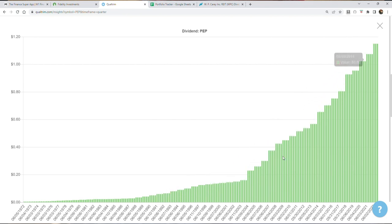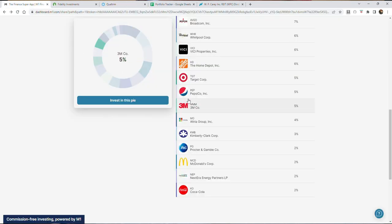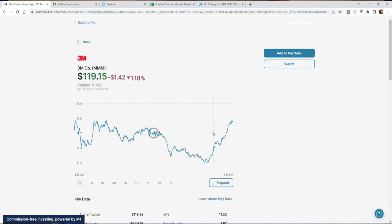I don't even need to explain it. Look at this dividend increase chart over the last several decades, and it speaks for itself. Forget what I'm saying, forget what you think about the company. Look at this dividend chart. The only way a company can pay out dividends is through profits. No funny money, no little accounting tricks or any type of belief or hope in the stock. This is pure profits. If you don't have profits, you can't increase the dividend, and this chart speaks for itself. So Pepsi will be and continue to be a core holding, and that leads us to the next stock